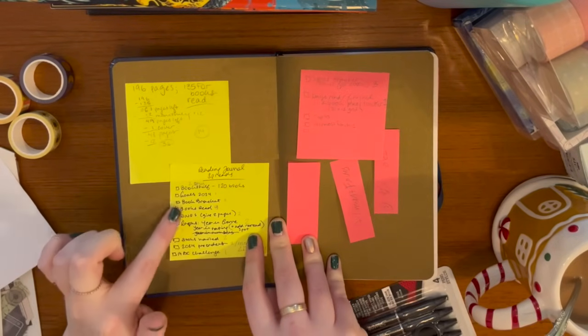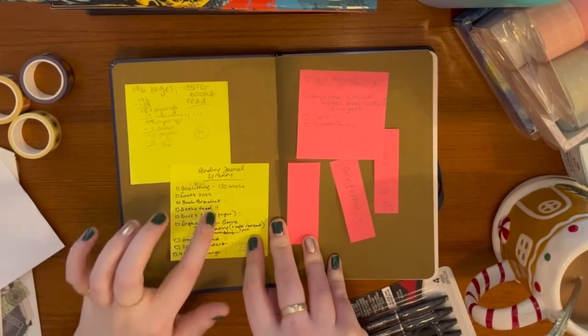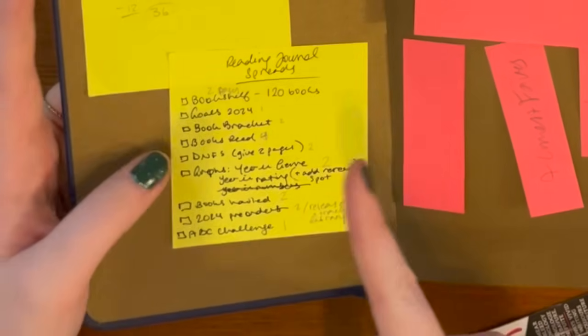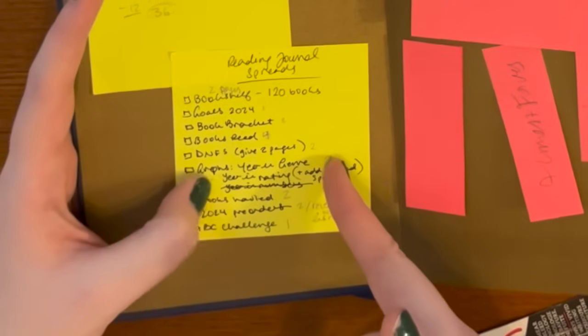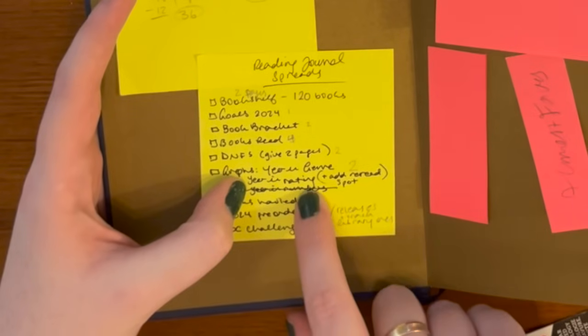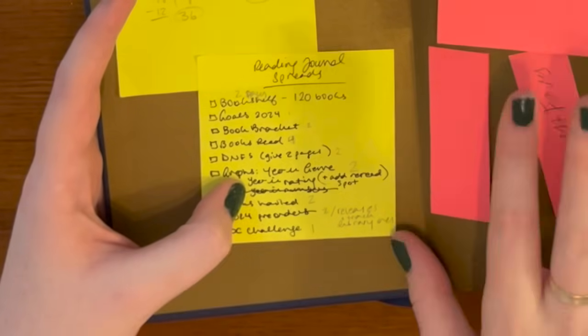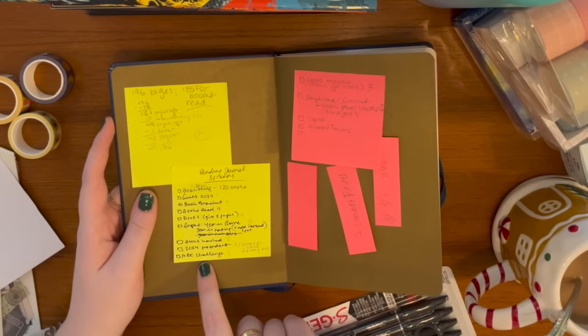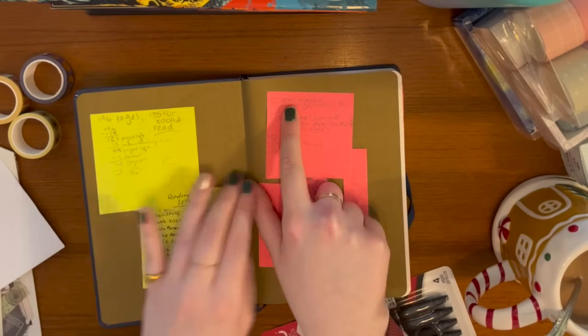Of course, goals, a book bracket, which I decided to give, I think, only 1 page to. I think these little numbers are off. Books read, DNFs, my graphs. I decided to remove one of my graphs because I never really used it, the year in numbers. I decided to do something like that with the monthly spreads that I do in here when I get to those months. Books hauled, of course, pre-orders, and I decided to also include an ABC challenge and also a specific series tracker